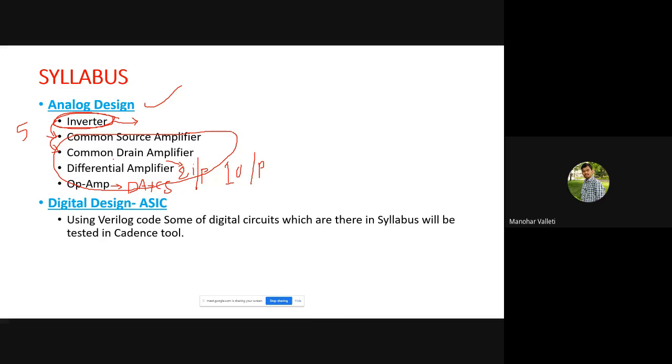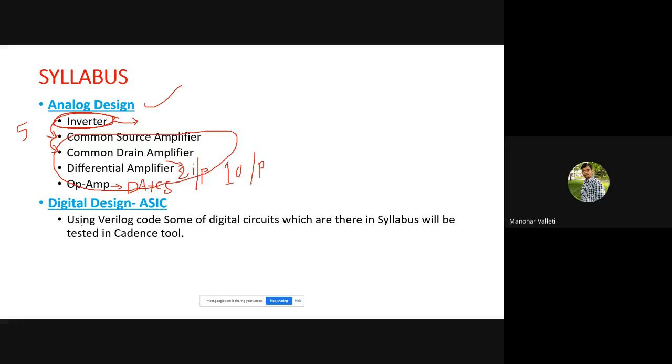It is very practical, so you can really see each and every output, and it can be almost near to real-time situations. As I mentioned previously, before fabricating any of your designs, you will first check the design in this Cadence tool, and the netlist generated by this Cadence tool will be given for fabrication. The Cadence tool is very widely accepted among industries. So this is about the analog design.